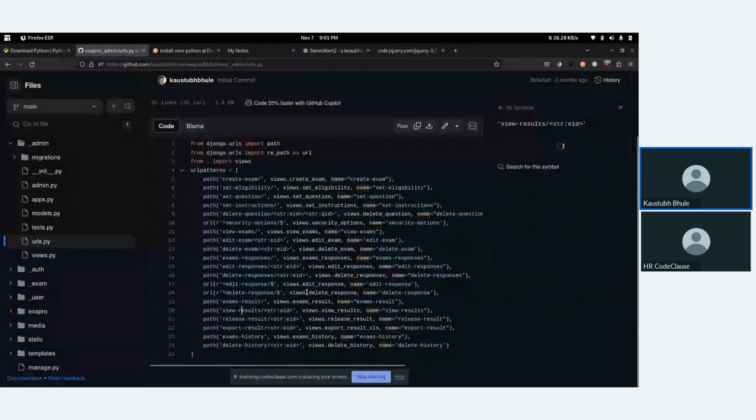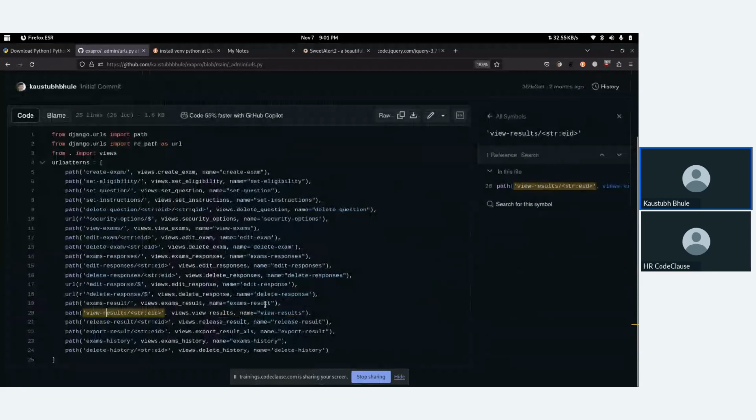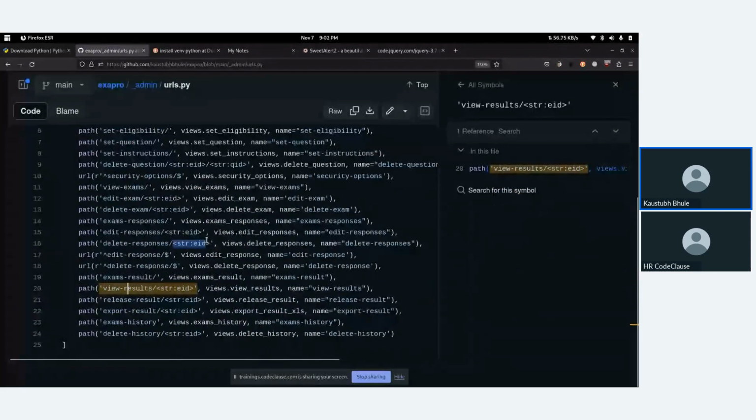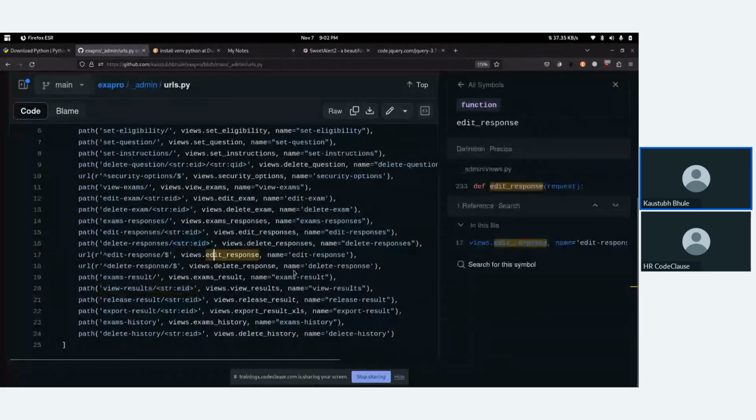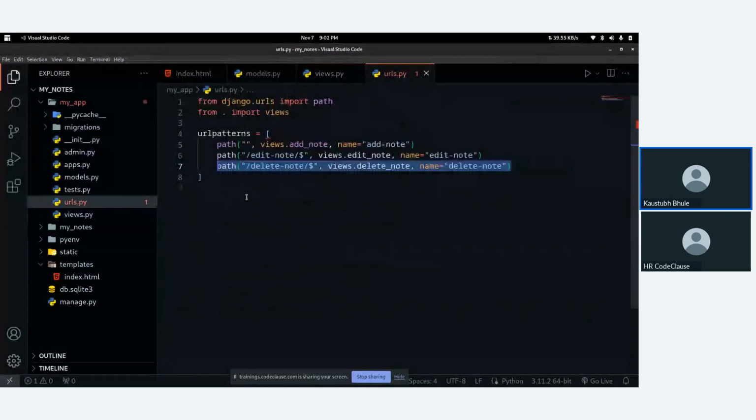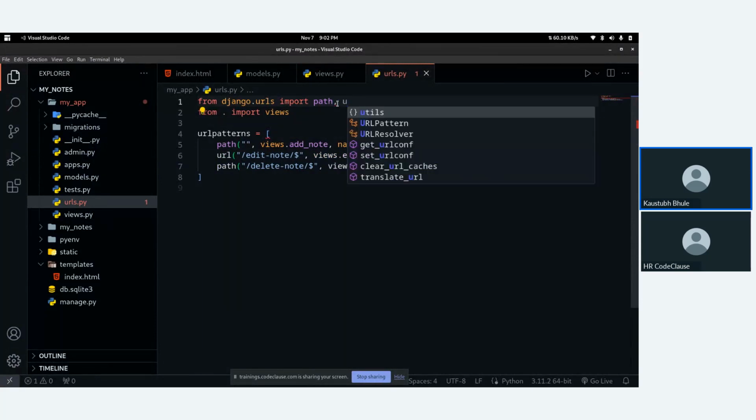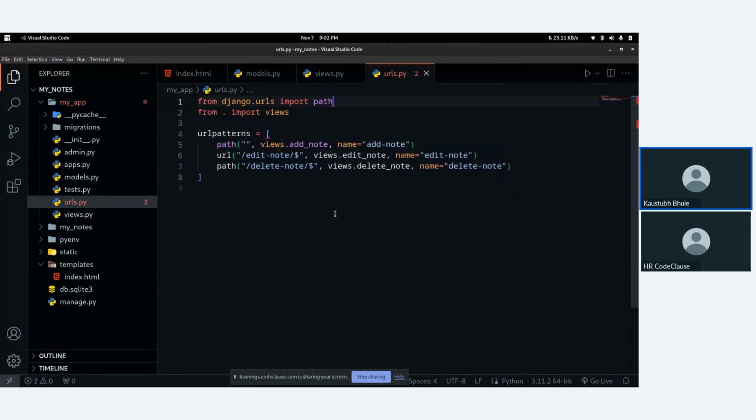And if you don't want to use the URL function, you can just use this like str colon nid thing. No issues. We will use the URL function. We need to import it. Again, I don't know where to import.